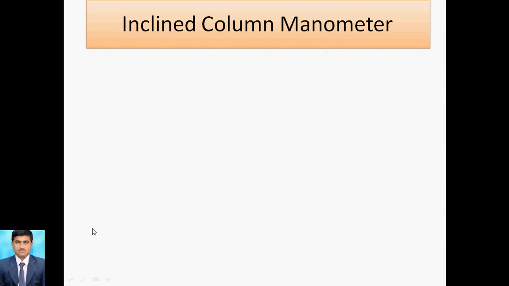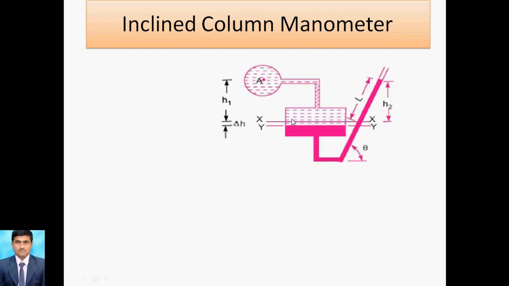Now next we move to the inclined column manometer. In the inclined column manometer, this is the construction principle. Here the smallest inclination gives the smallest deflection. That's why the inclination of this takes place. The inclined angle is theta. Height h1 is for the first liquid and height h2 for the second liquid. h1 is for the lighter liquid, h2 is for the heavier liquid, and that length is for changing from xx to this level h2. So I want h2 here.